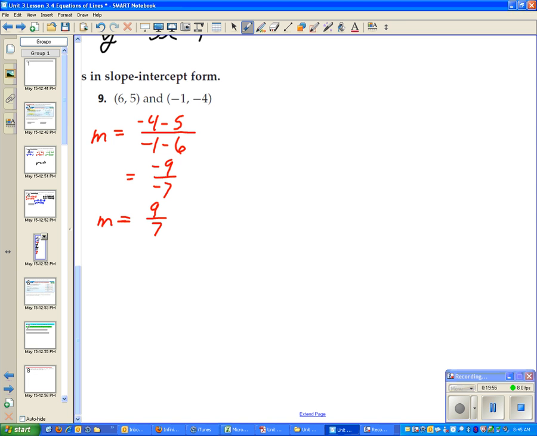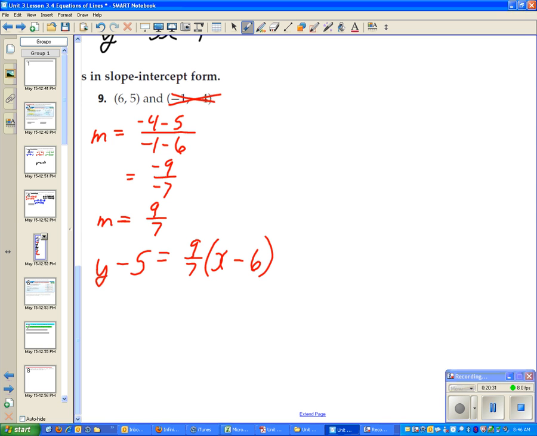All right. Which point do you want to use? 6, 5 or negative 1, negative 4? All right, 6, 5. I would have chosen negative 1, negative 4 because I don't mind negatives. But that's okay. It doesn't matter. 6, 5. We're using 6, 5. So y minus 5 equals m, 9/7, times x minus